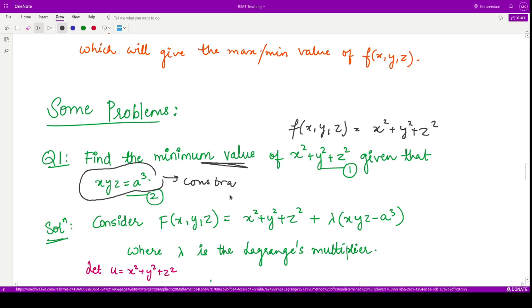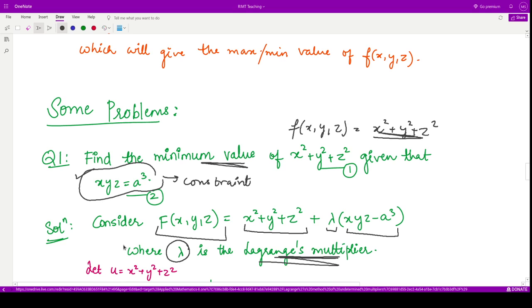The first task is we construct another function capital F of x, y, z, which is equal to small f of x, y, z plus lambda times the given constraint equation. So this is given to you. Once we create this, what is this lambda? Lambda is the corresponding Lagrange's multiplier. Here we assume that this given surface is U. That is our choice if you want to specify this or not. So this is the given surface.